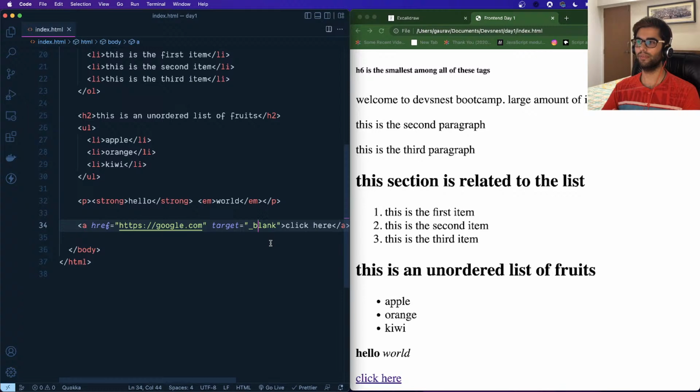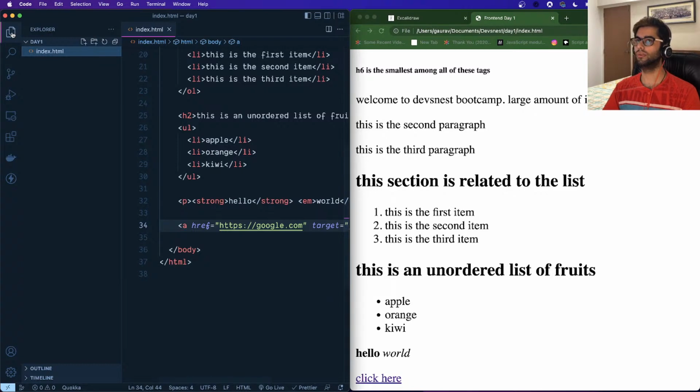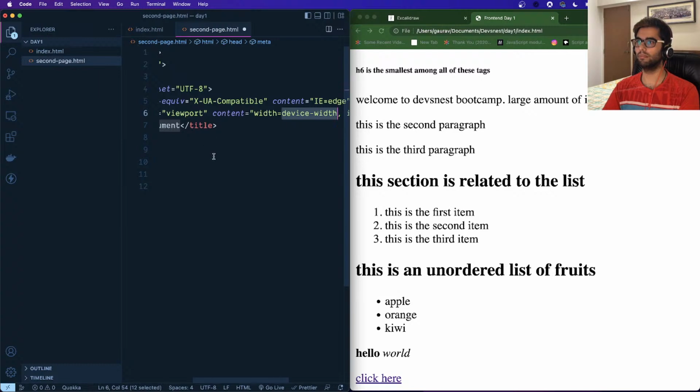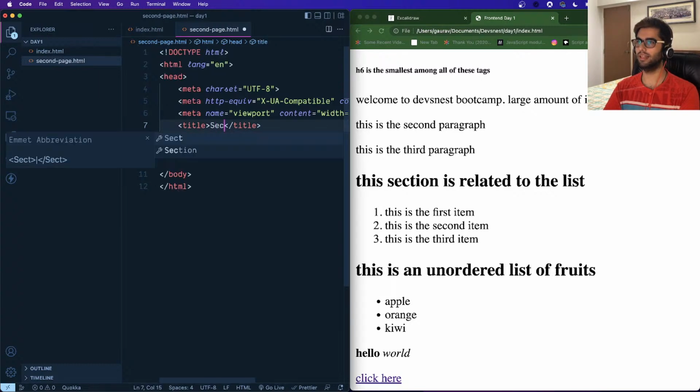But what if I want to redirect to a page? Suppose I want to create a link to another page which we are going to create. Okay. So let's see how we can do that. So let me open the file explorer in VS Code. Let me click on this, which will allow me to add a new file. So let me just call this second page.html,